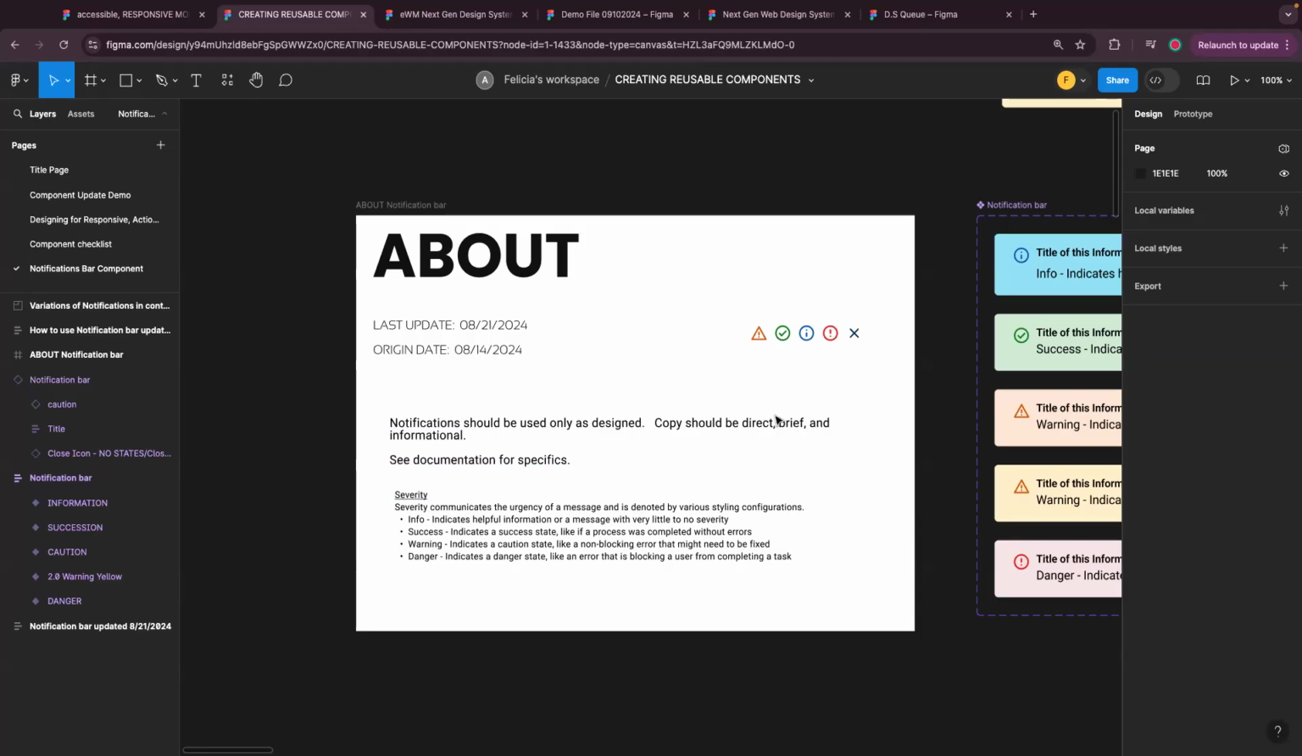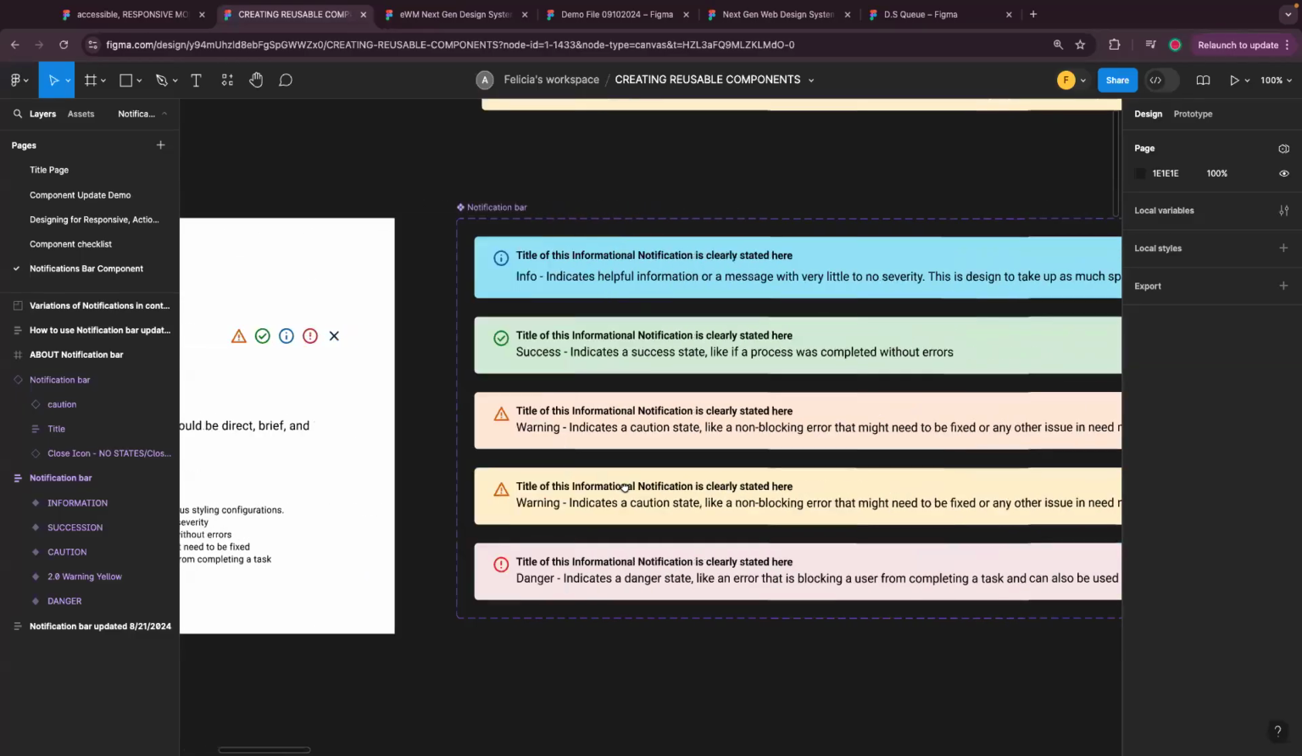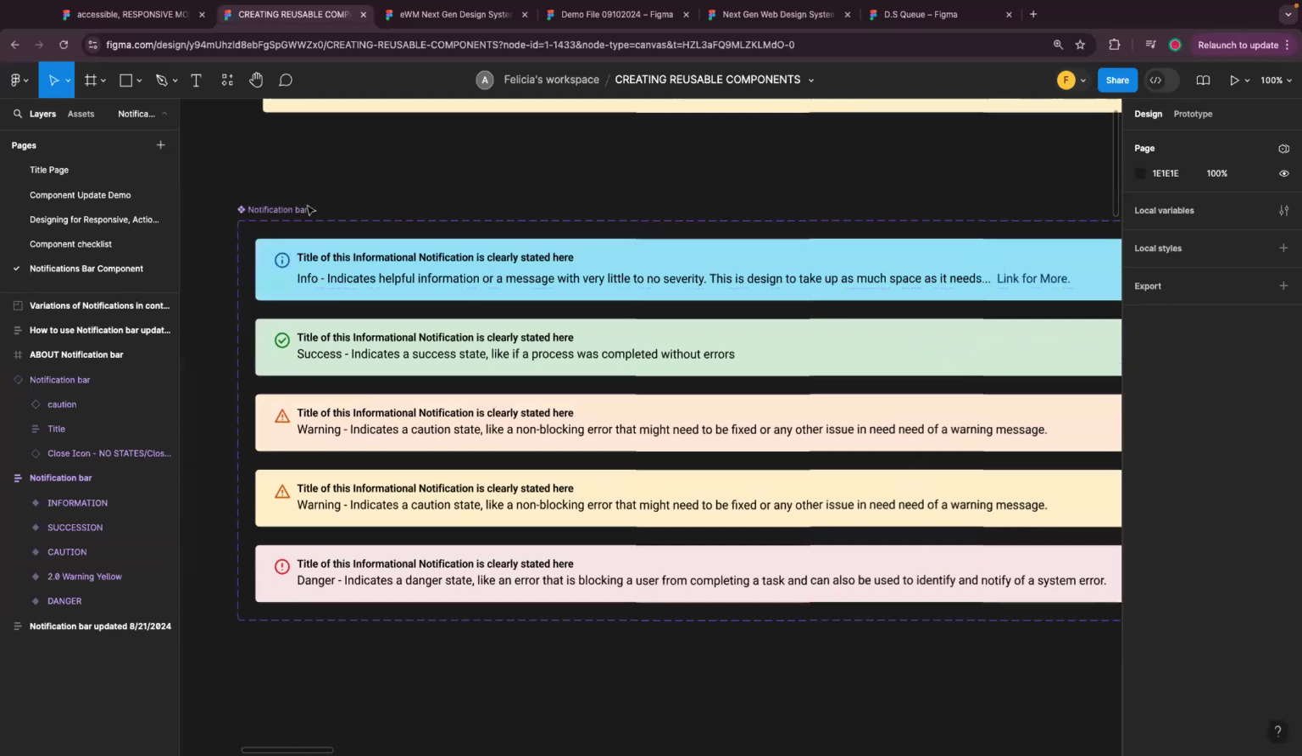Basically, don't change the design, and the copy should be brief, direct, and informational. One to two sentences is suggested, no more than that. And then a breakdown of what the severity is of these. And then these are the actual